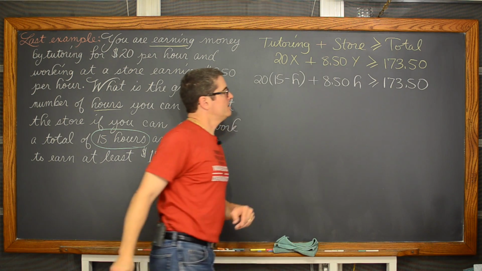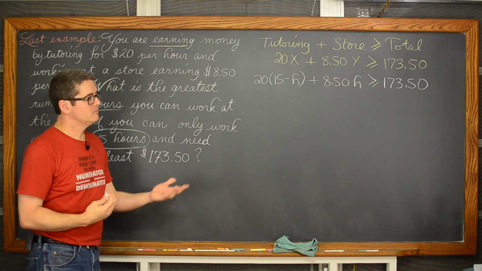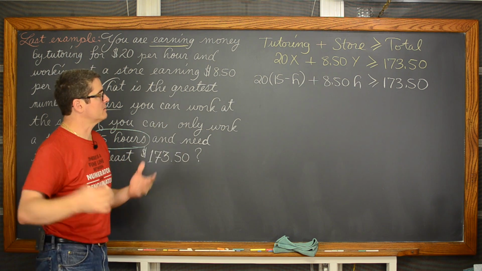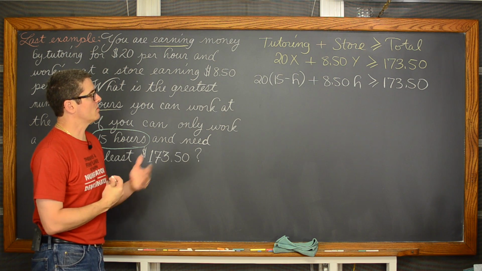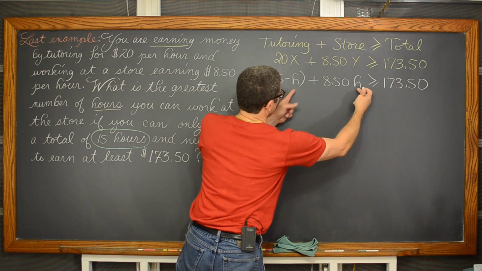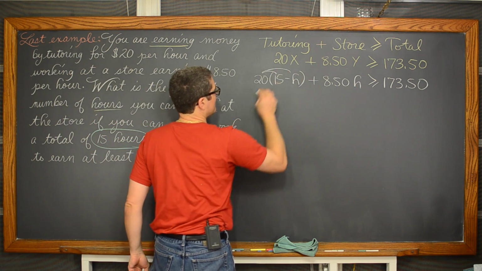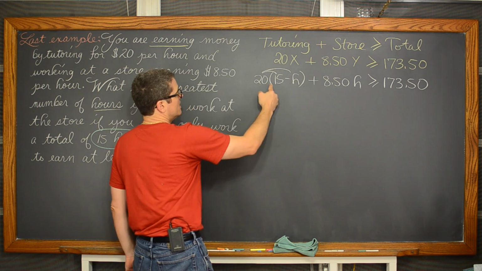And that is a pretty difficult setup for, maybe not for you, I don't know, but it is a fairly difficult setup for especially early stages of algebra students trying to figure that out. Well, now we got it. We have an inequality. We've only got one variable. Now this is a multi-stage inequality, so maybe really moving ahead for some of you.